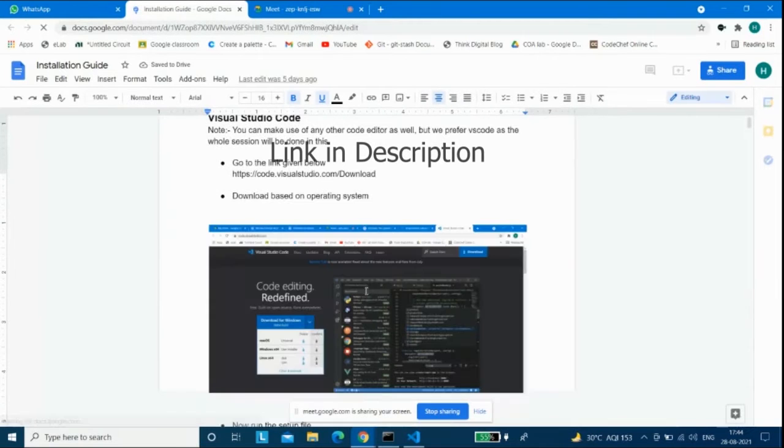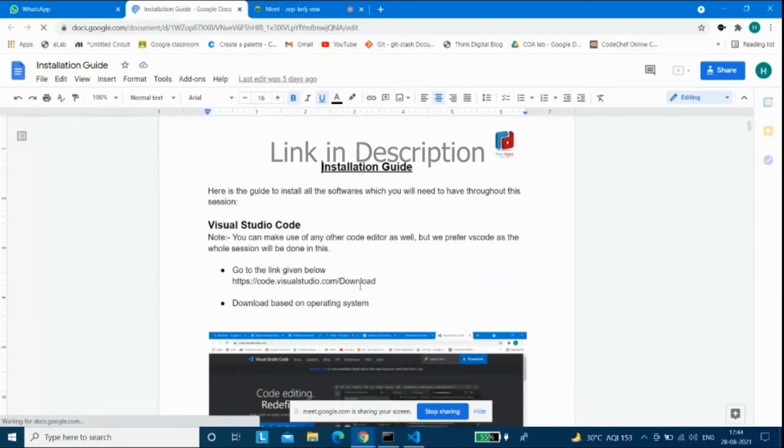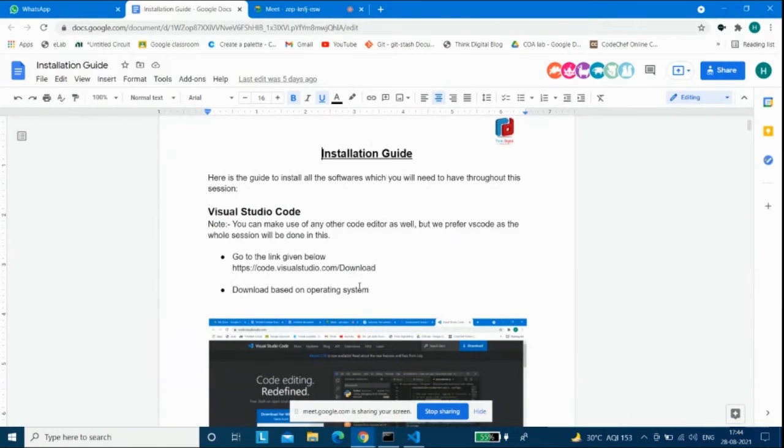Right. So, how many of you do not have Visual Code with you? Okay, so I saw someone writing no, they don't have Visual Code. Downloading Visual Code is not difficult. I hope you all have this installation guide with you. So, what I want you to do is go to this particular link.